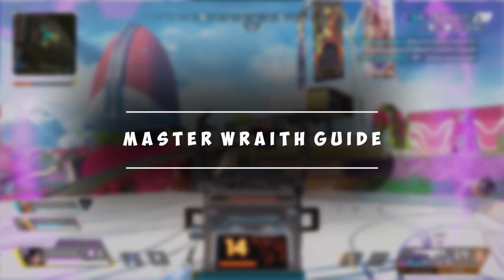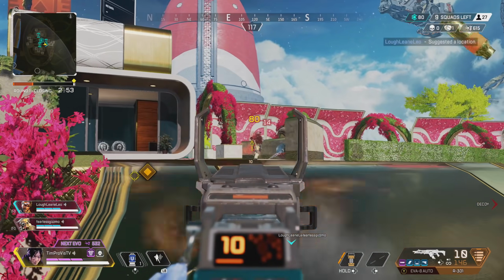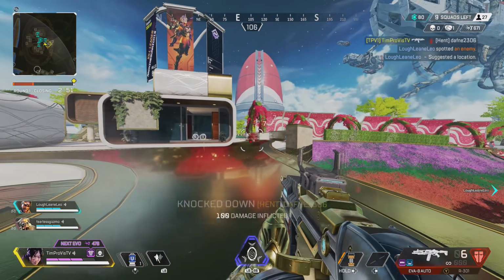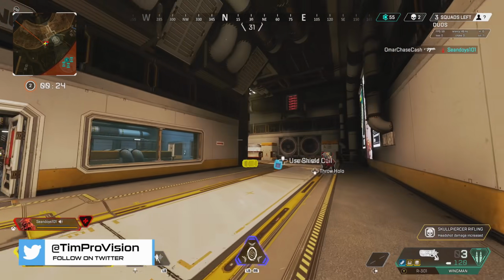If there is one legend that has been the most consistent power player since the launch of Apex Legends, it is going to be none other than Wraith. Welcome back everyone, my name is TimProVision, and today we're going to get you on your way to mastering Wraith